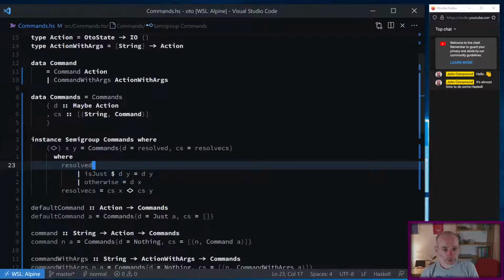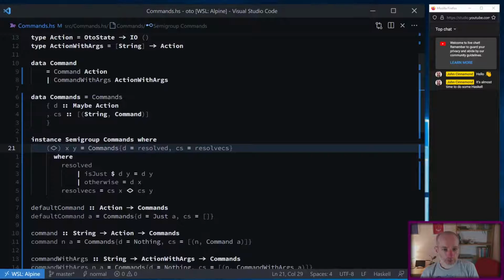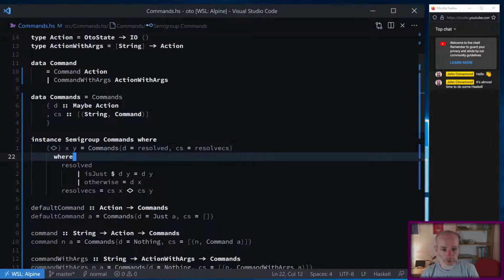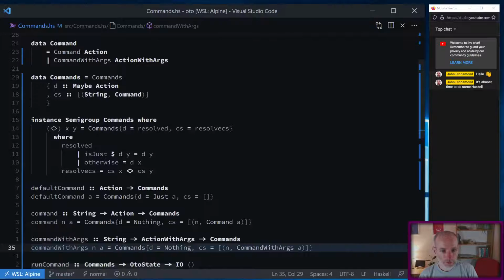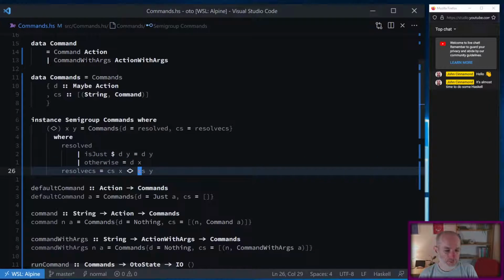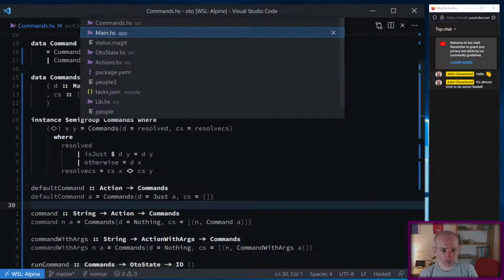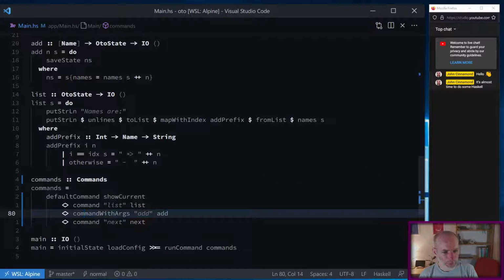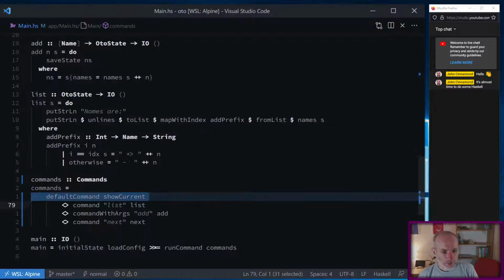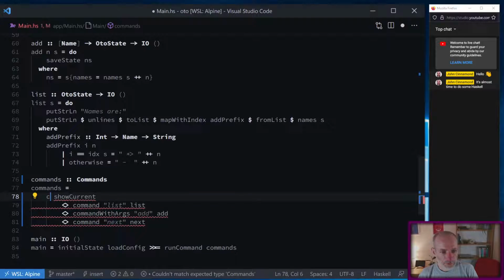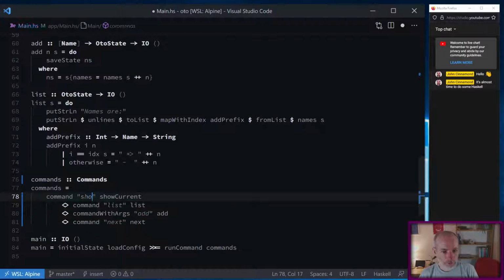And yeah, by implementing semigroup, we just have a way of saying when you create one of these commands, you can join it onto any more of these commands. And here are the rules for joining them, which are kind of okay. Some of the naming's a bit horrible, but it's always the case when I'm writing code, wishing to name things. Just out of curiosity, if I change this from the default to be an explicit command, call it show,